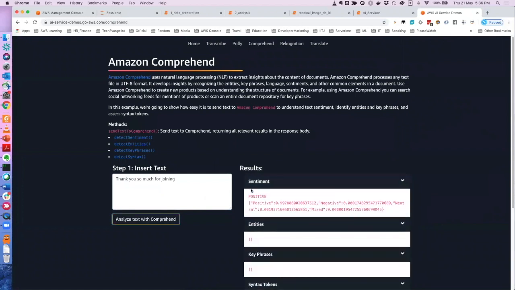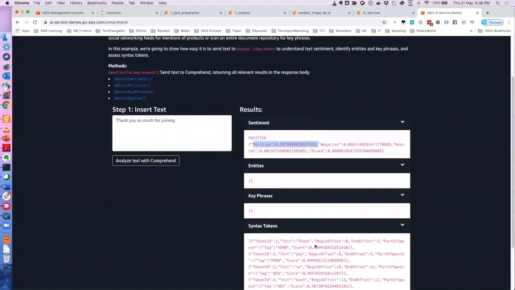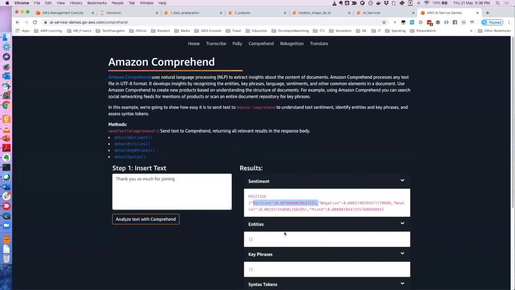Okay, so now you can see that I have not written any code to train a model and any of those things, but I could know that this text contains positive sentiment, right? It is having 99% positive sentiment, and there are a lot of other things that we can see. But all I wanted was to give you an intuition of what these AI-based services look like.